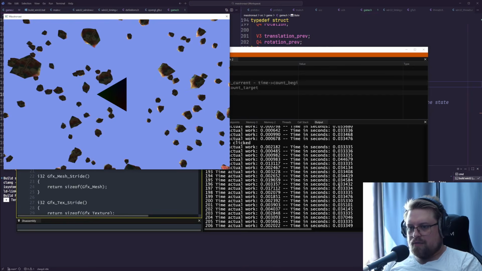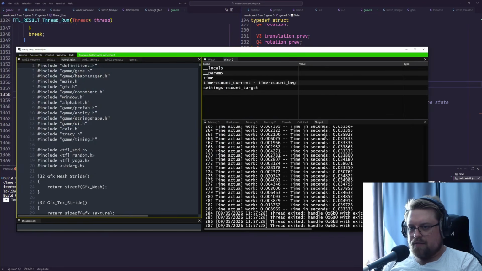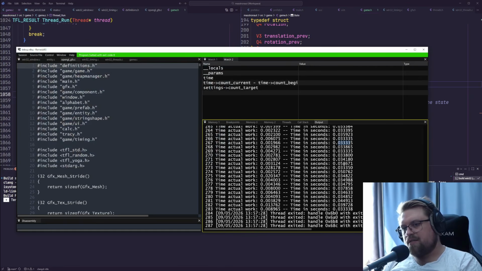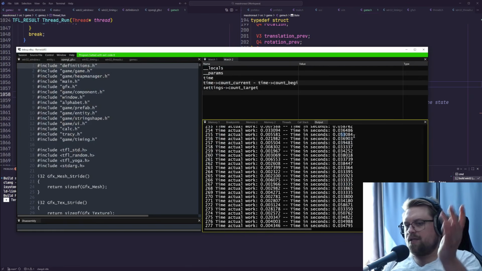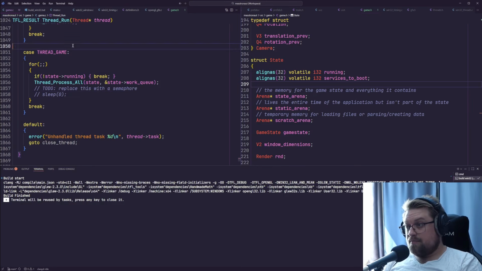You will see here that we are having a rather inconsistent frame rate. Mostly it's around 33 milliseconds, but also we can randomly get 53 milliseconds or 34 or 44. And the way we can fix this temporarily